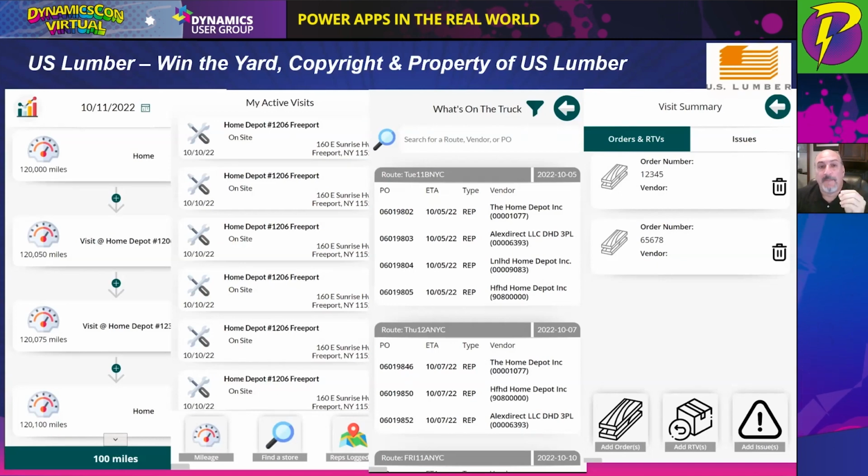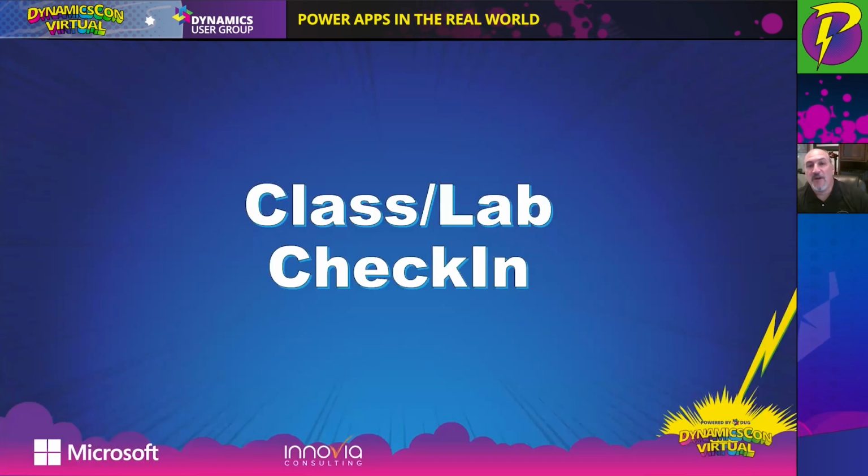That, my friends, is an example of a Power App and the difference between using the existing technologies and building a client-specific experience like that kiosk app or like this app for US Lumber that lets them win over their business. By the way, US Lumber was given the award from Home Depot for Supplier of the Year for changing their business model. And now all the other suppliers to Home Depot are trying to catch up to this. So again, great ways to show your adoption, show the change, and show how your clients like Home Depot would experience that. So this is one of my favorites.